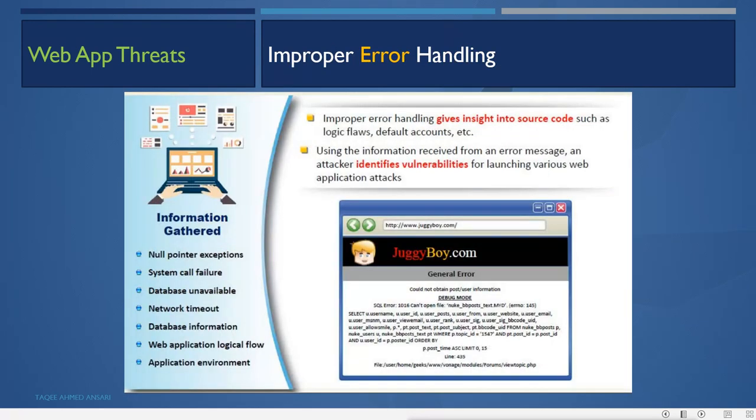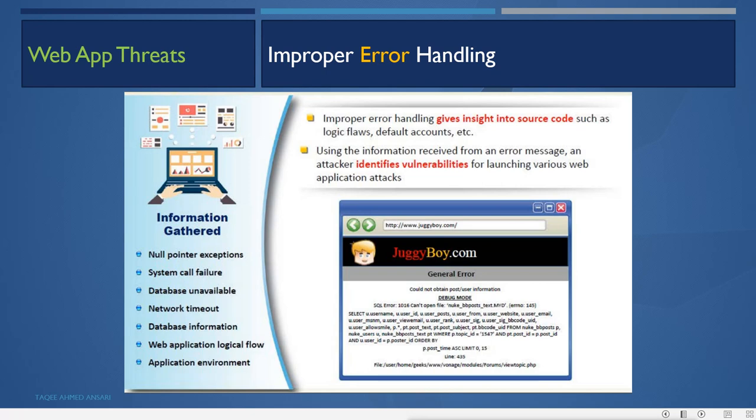Then improper error handling. Improper error handling gives insight into source code, such as logic flows, default accounts, etc. Using the information received from an error message, an attacker identifies vulnerabilities for launching various web application attacks.